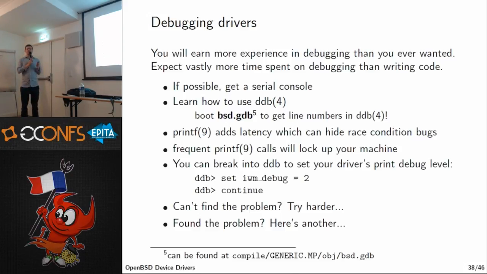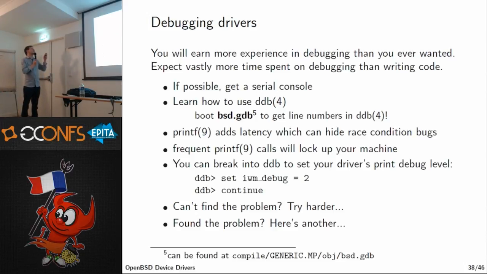So if you can get a serial console, I know a lot of laptops don't have them, and your devices will be inside those laptops, but you can actually get an APU or something like that and get the same device on a different card, like a PCIe card, and then use that separate device with a serial console for development, because it's a lot easier to debug things. If your machine freezes up and you can't even type in DDB, you've basically lost.